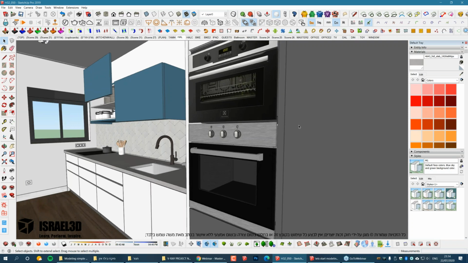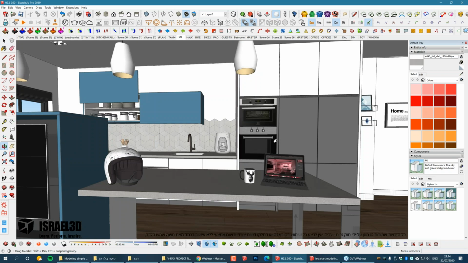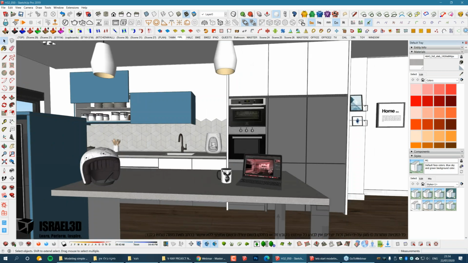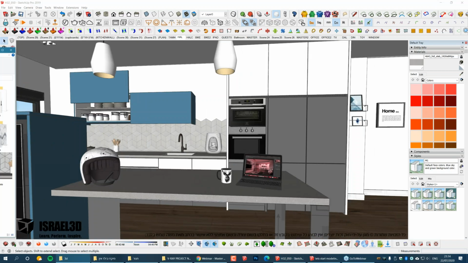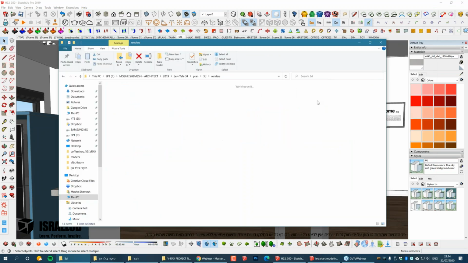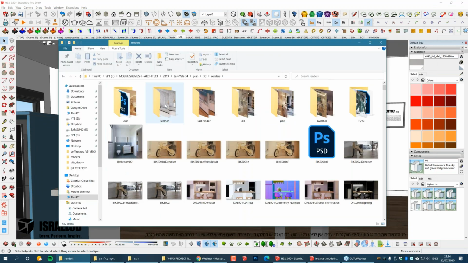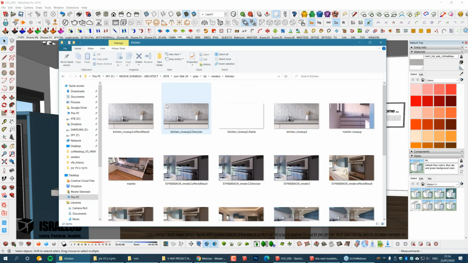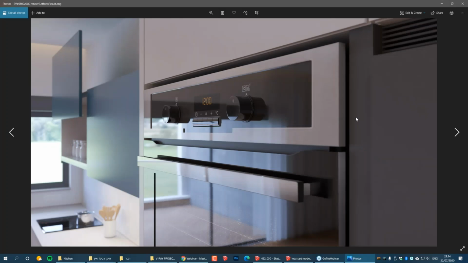So anyway, I want to show you the render that I made to this kitchen scene. So in this kitchen scene, the final render looks like this. Okay, you can see that by